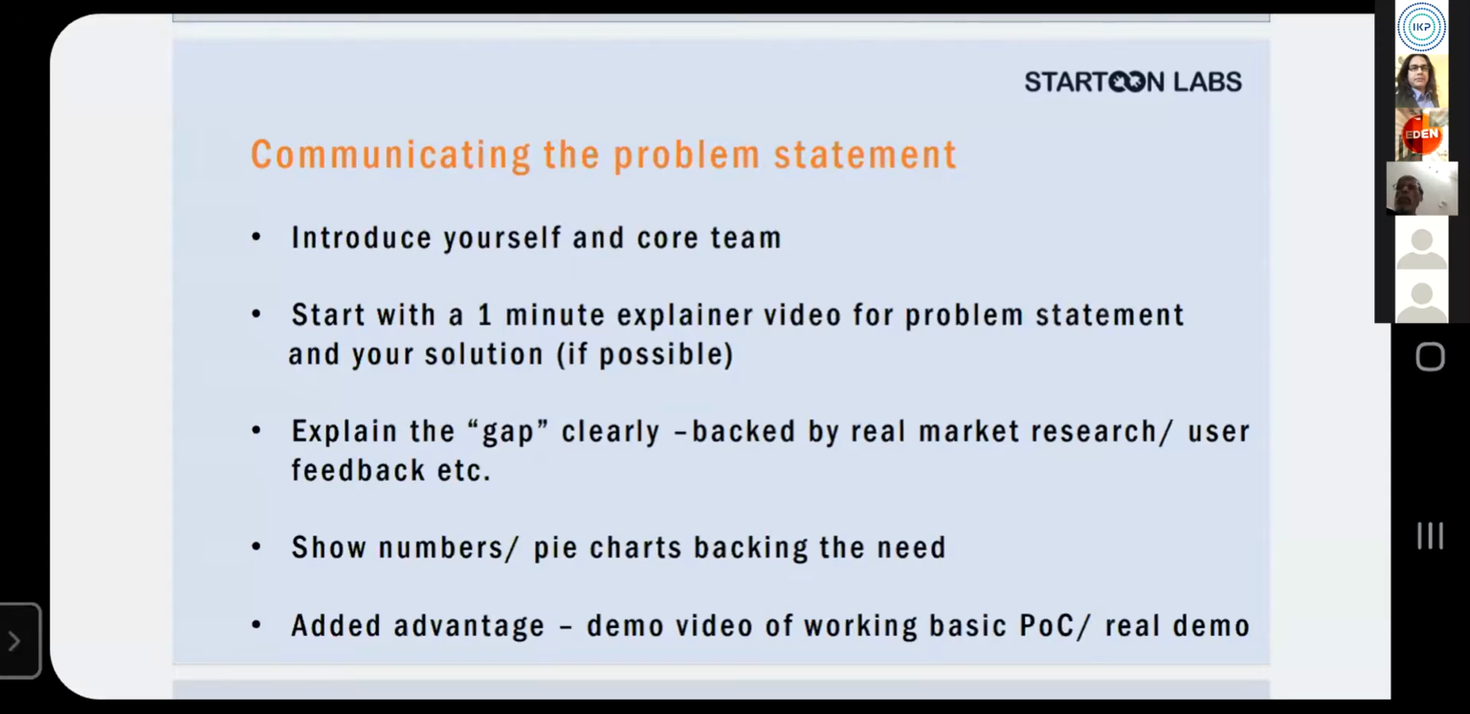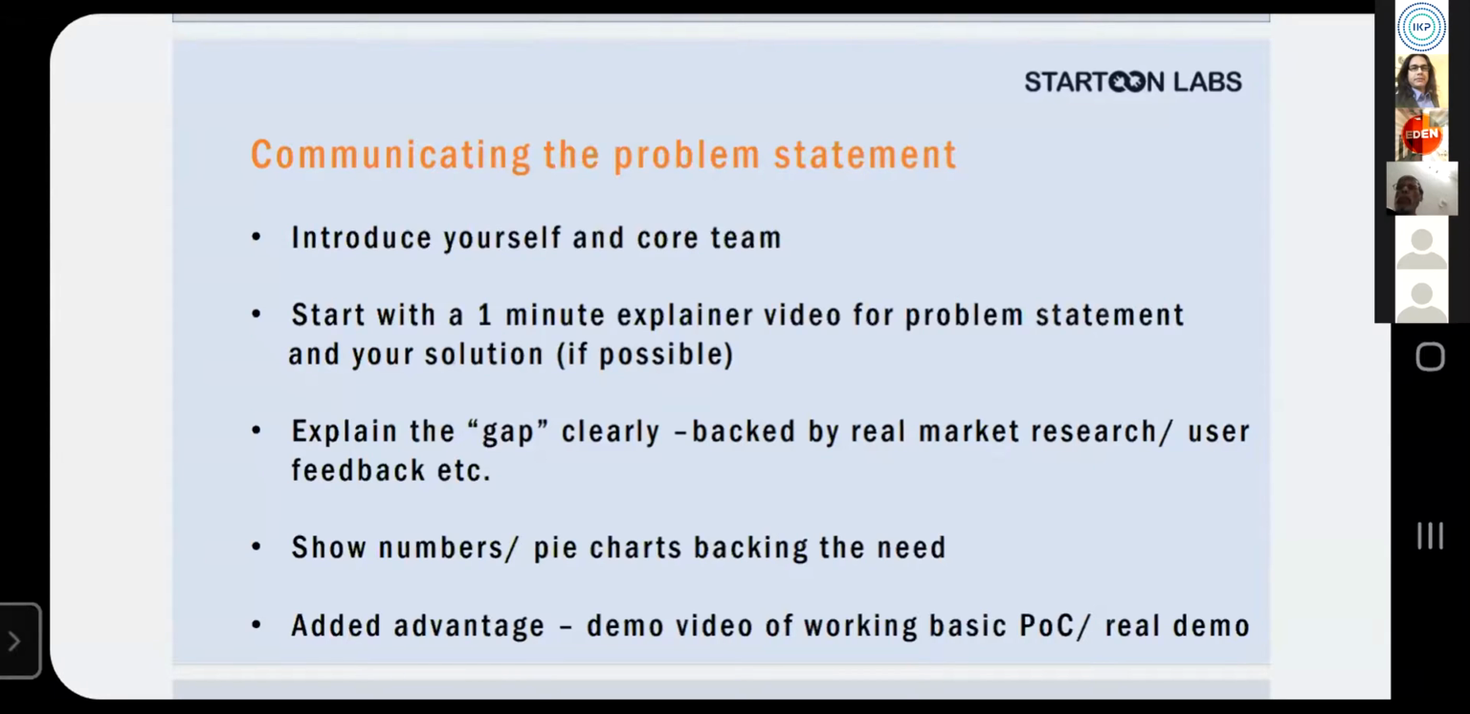So please make a small explainer video with text, nice pictures, a 1-minute video, even before you start introducing the real problem and the market research that you did. I think that has a really, really good impact. And it will grab the attention of the jury, because that, and one more important advantage of making the video